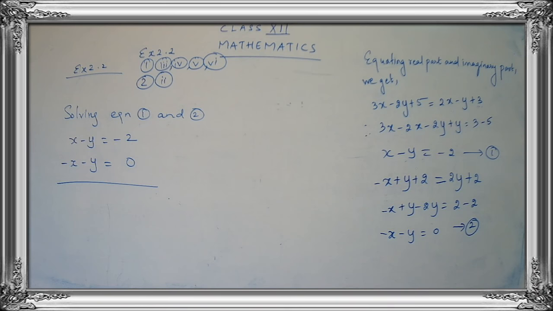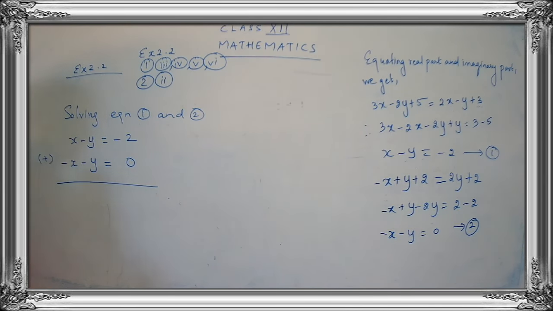All are doing good. Let's start. Let's check whether your answer and my answer is correct. Now here, what is the operation we are going to perform? Are we going to add or subtract, children? We will add, because x is positive and minus x is negative. So we have the same variable with different signs, so we can do addition. If the same variable is there with the same sign, that time we will use subtraction. But here in this case, no need to worry, we have x with different signs. So I'm just going to add it.